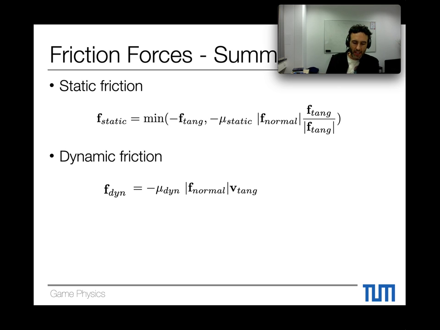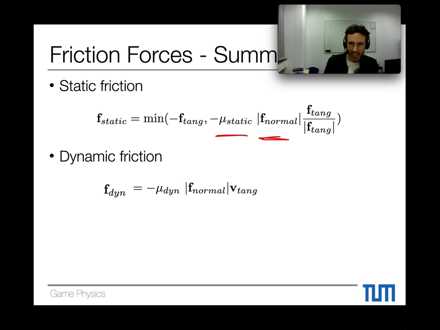Right? So if this is smaller than the second part, we're getting the full stop, the full cancellation. At some point, as the inclination grows, we're switching to the other part, right? As soon as the tangential one is larger, we're only getting a part that depends on this material parameter. So in a way, that's also determining the limit. It's still scaled by the overall push on the surface, the normal force,